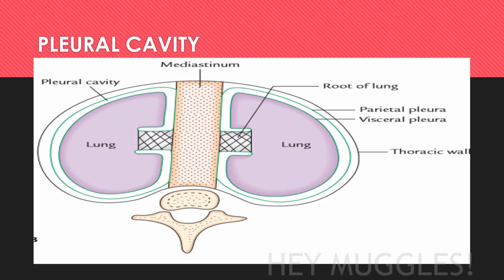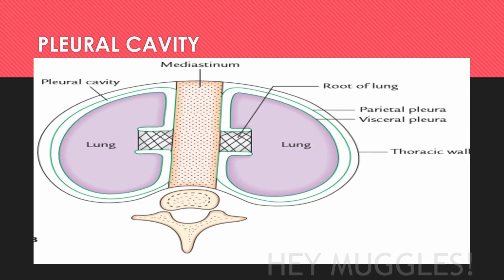Starting with pleural cavity, you should be familiar with the serous membrane. What is serous membrane? Serous membranes are the membranes that line your internal body cavity, and they secrete a slight amount of lubricating fluid. They are mesodermal in origin, and basically a serous membrane is a layer of simple squamous cells, right? So your pleura, your pericardium and peritoneum all are serous membranes only, right? And pleura is a serous membrane that lines your thoracic cavity and your lungs.